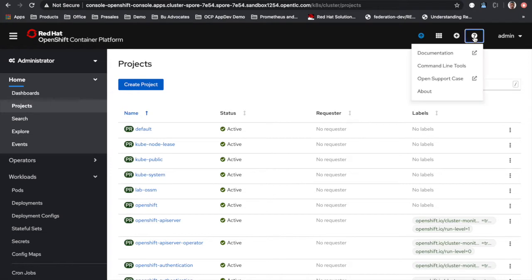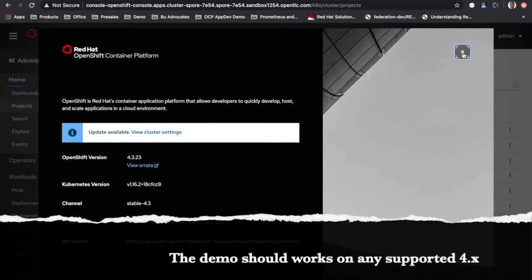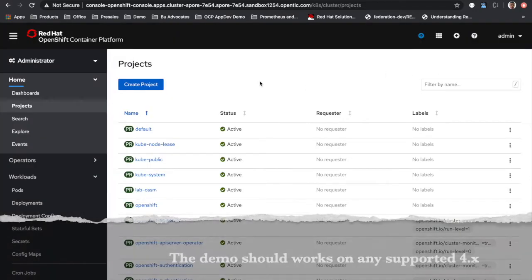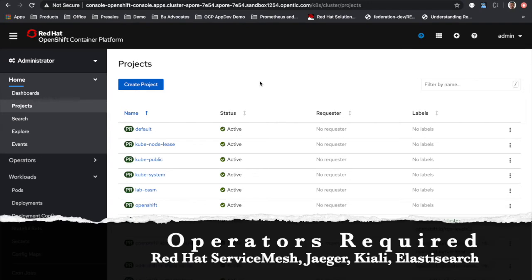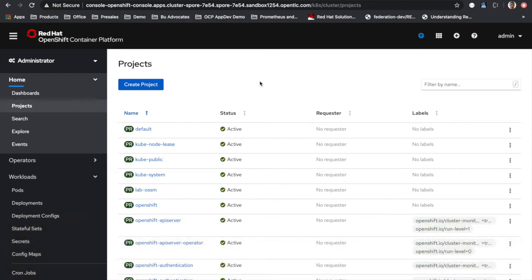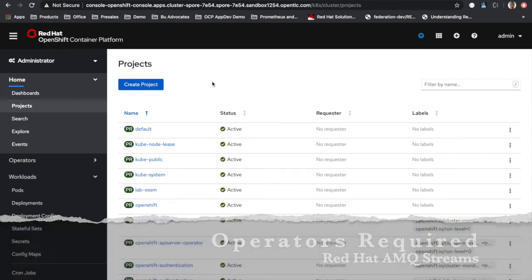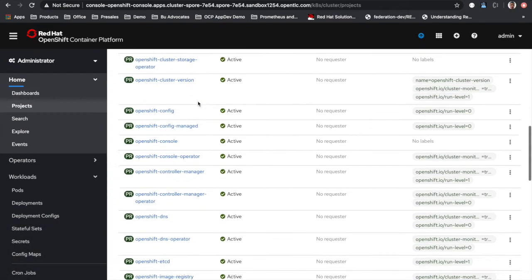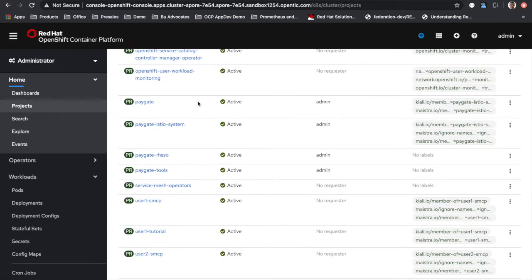So this is OpenShift 4.3.23. This demo will work as long as it is version 4 with support for service mesh. Prometheus is a community project, but as long as you can deploy the operator for Prometheus and these Red Hat MQ Streams as well. Okay, so if you look here, based on the previous video that I explained, there